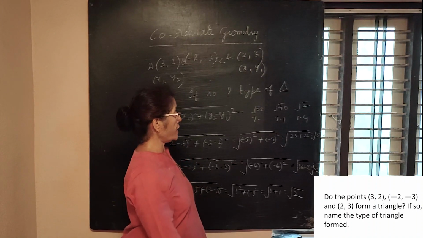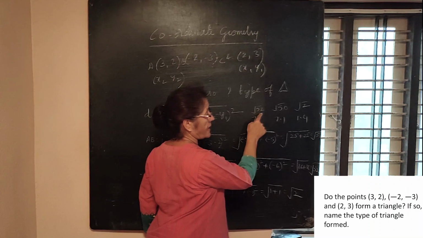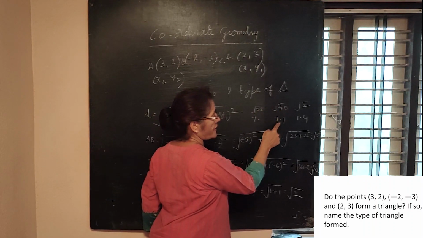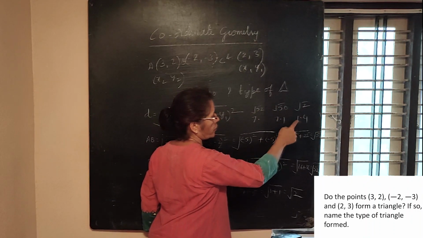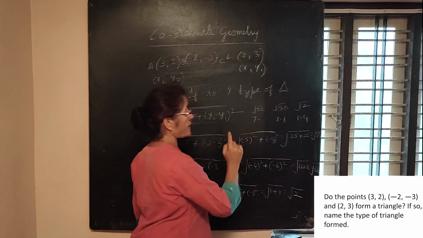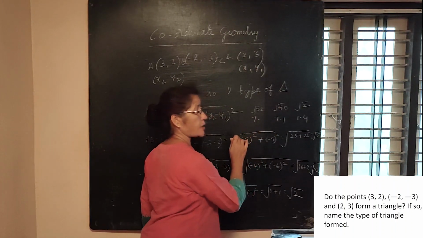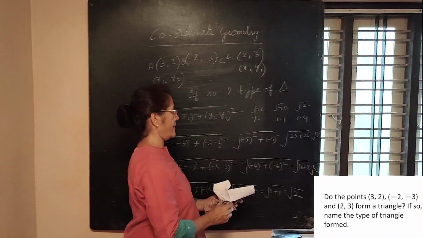I hope you have understood. Among these, I see square root of 52 is the biggest number. The square root of 50 plus the square root of 2, when you add, you get 8 point something. Even if you get 7.3 or 7.4 for the square root of 52, the sum is bigger than this. So I can form a triangle.